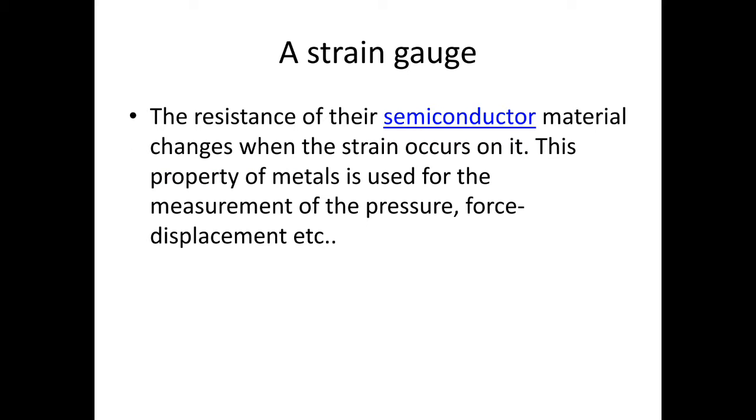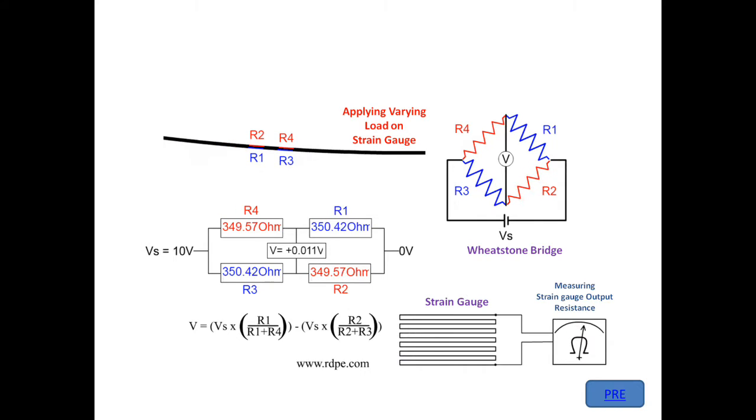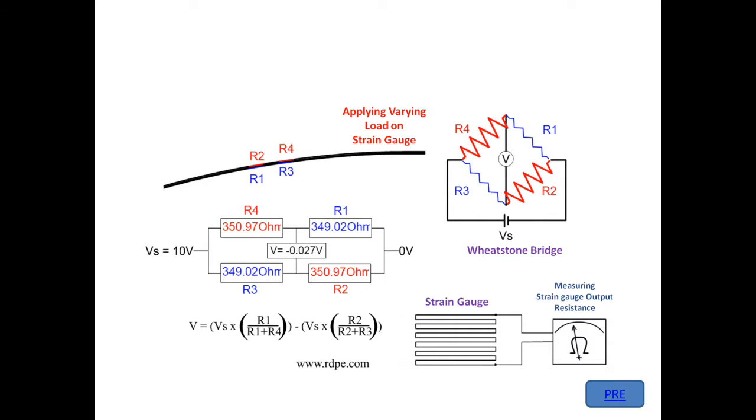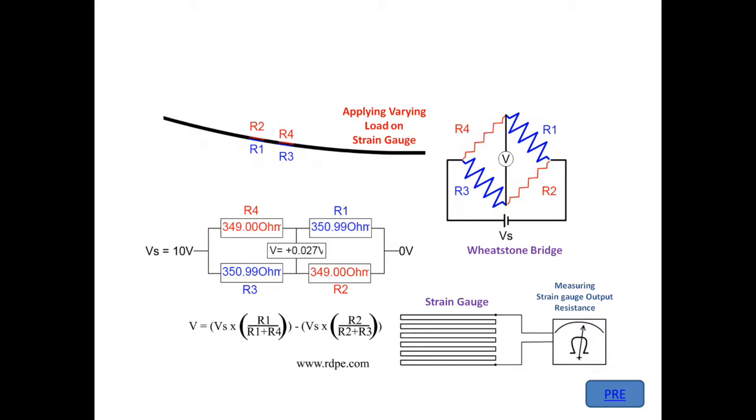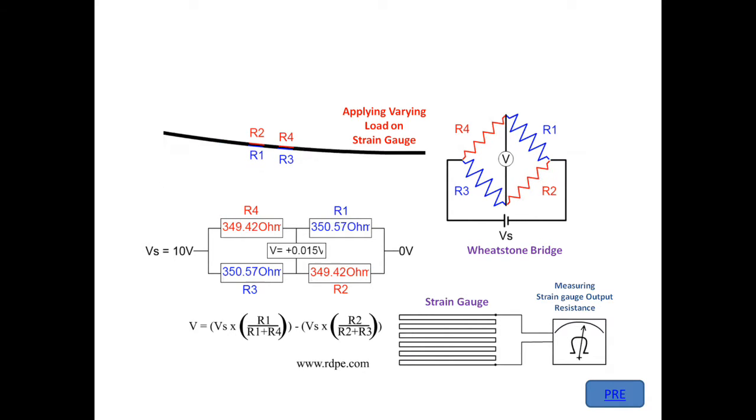And next is your strain gauge. Whenever I apply pressure to the semiconductor material, the properties of the metal will change, and that is taken into account and converted. If I give some pressure to my strain gauge, my resistance value changes, and that is noted in my Wheatstone bridge. The strain or the pressure is converted to an electrical quantity. So this is the strain gauge measurement using the Wheatstone bridge.